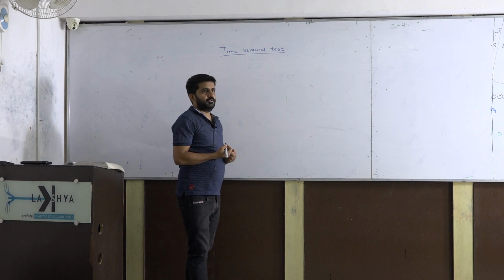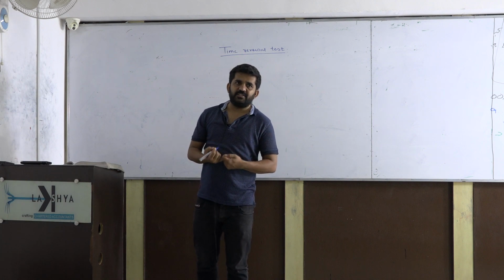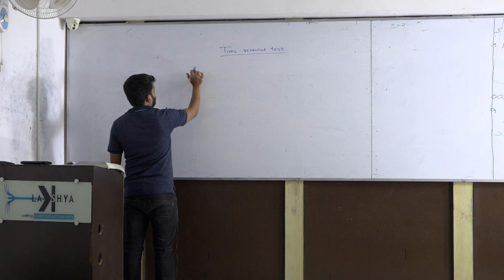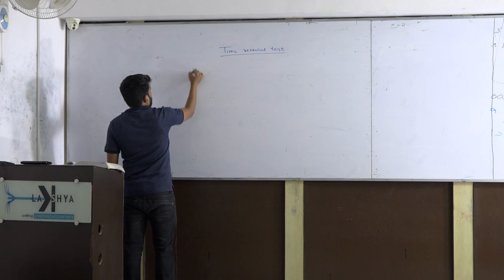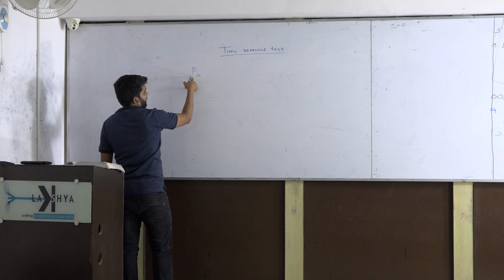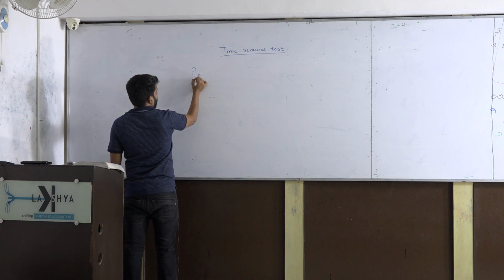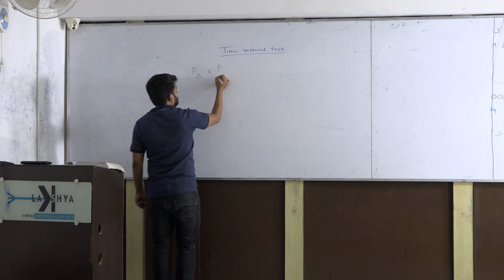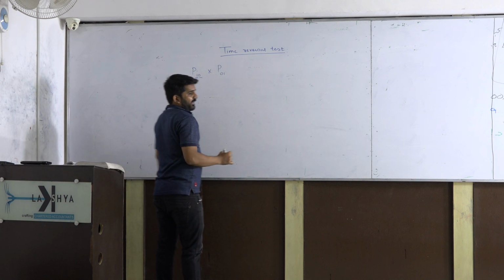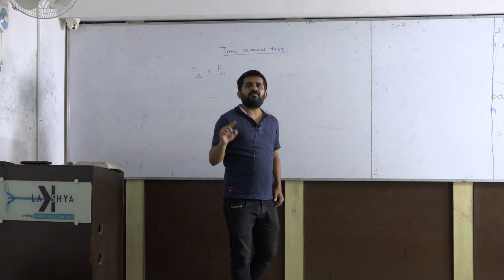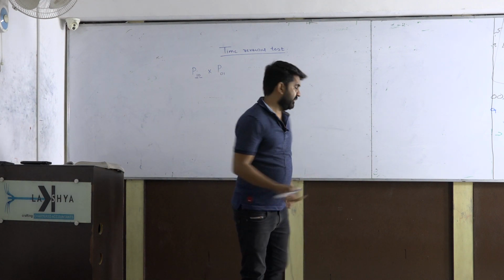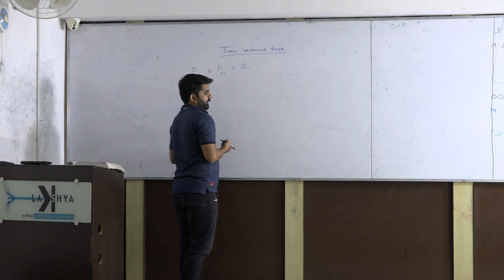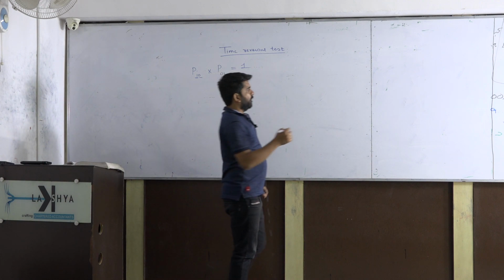Now, understand what the time reversal test says. If you are finding any index number by any method, the time reversal test says the price index number of the current year to the base year, multiplied by the price index number where the current year is taken as base year and the base year is taken as current year, the product of both should be 1. Let us understand it in the form of an example.